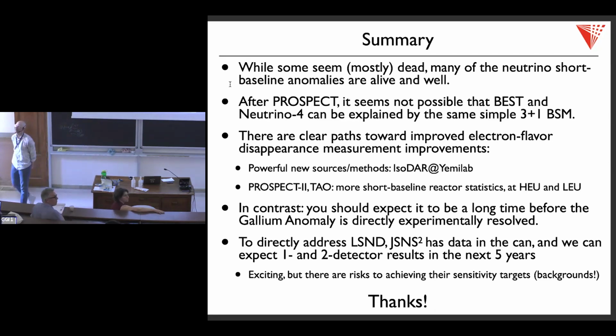Yeah, just a comment on that: for any model, 3+1, 3+2, 3+3, as long as it's a vanilla sterile neutrino, you can't expect differences in disappearance probabilities measured with neutrinos and antineutrinos. Any observed differences would be effective CPT violation. Yep. So it depends on how bold you are in coming up with alternative interpretations, but that's the kind of effect that you need to reconcile the two. Yes.